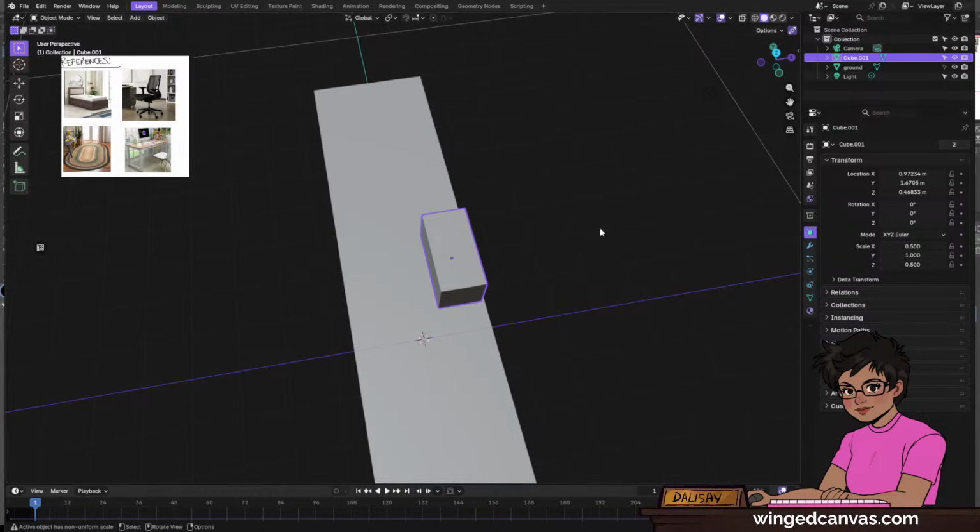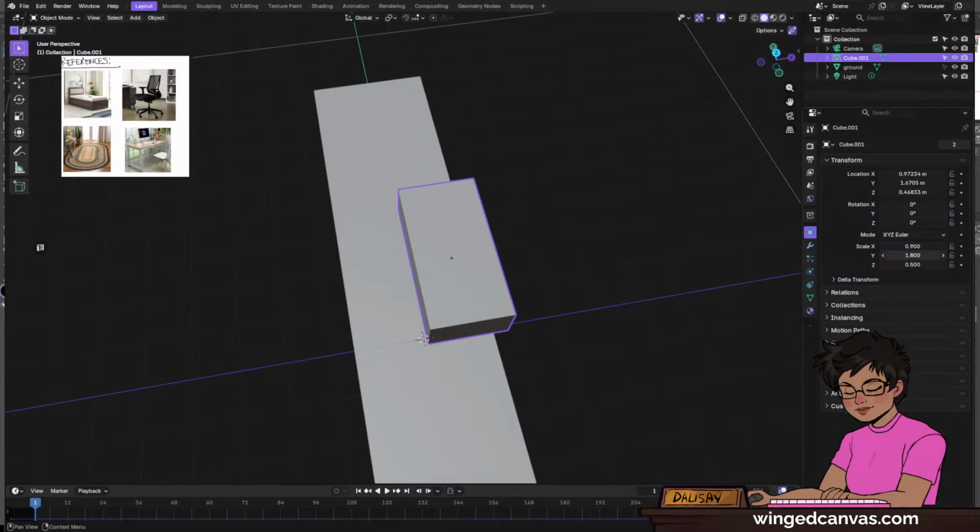Okay, so 1.8, no. Oh, that's height. Oh, what? No, wait. 1.8. 0.9 by